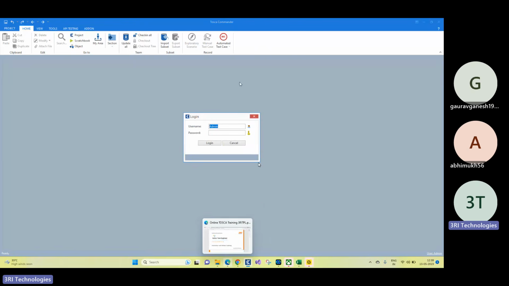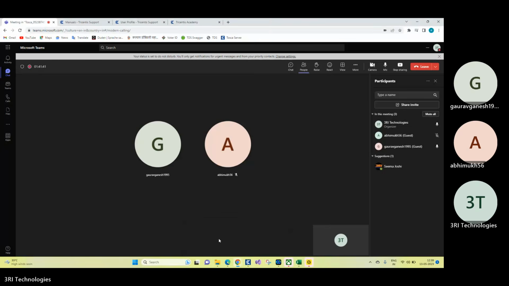Abhimukh, Gaurav, what do you see will happen now? The basic thing: we did not select that checkbox. Yeah, so a blank template will open, but I'm not sure what the difference is for multi-user. You're absolutely correct, Abhimukh. See, the core logic will remain the same.